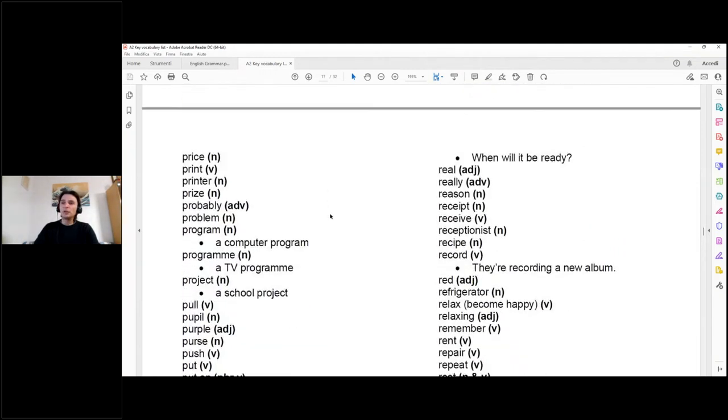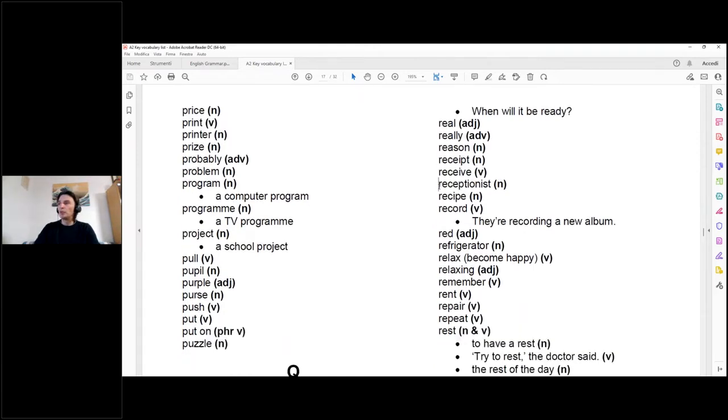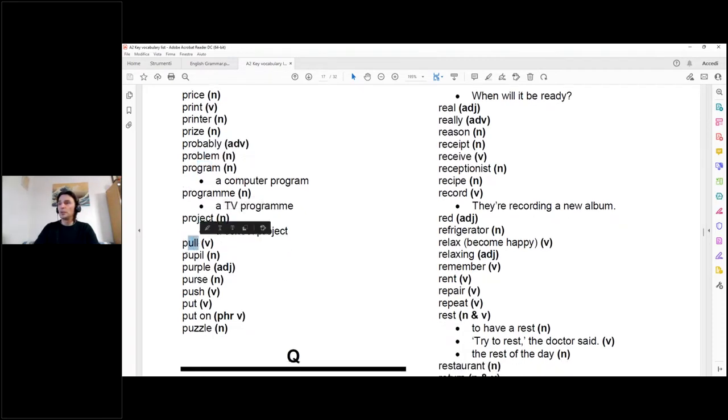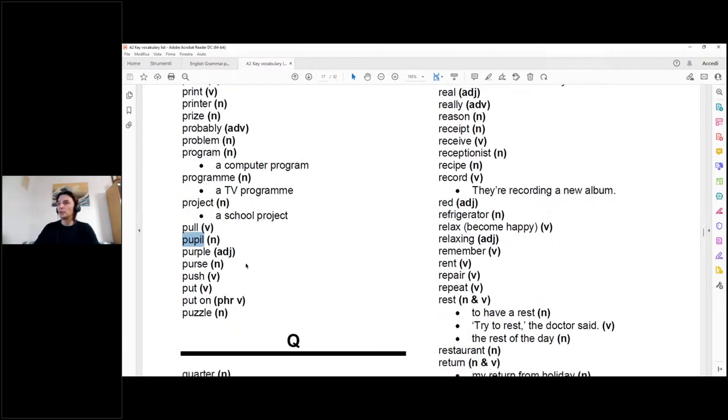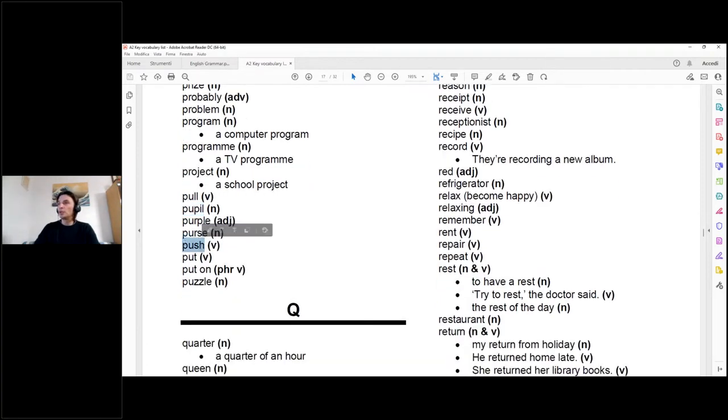And I told you many times to look at these words, receptionist, receipt, la ricevuta, receipt, problem, program, project, pull, tirare, pupil, uno studente delle elementari, push, spingere,